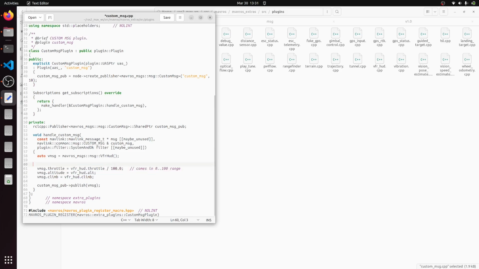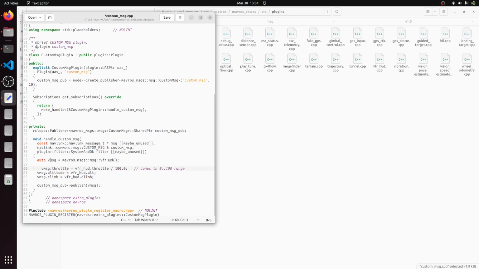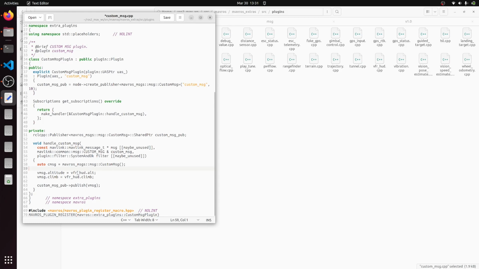so just delete it. And since the V message was created for the VFR HUD, so let's make it C message for our custom message, and this will be custom message. Okay, and here let's delete this line as well, and let's say C message. And in our XML file we knew this is timestamp. Okay, so and this should be